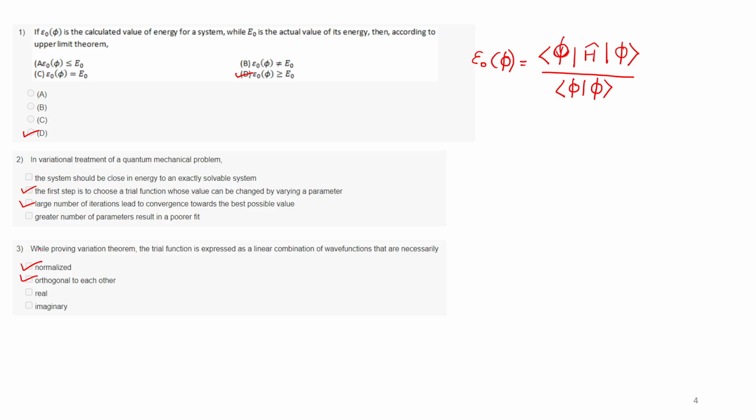So your trial wave function psi is C1 phi 1 plus C2 phi 2, suppose like that. Obviously, one can go with a higher number of terms, from i equals 1 to n, but here I am going from 1 to 2. So your psi star,